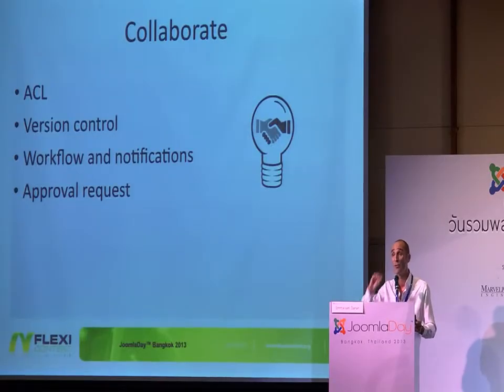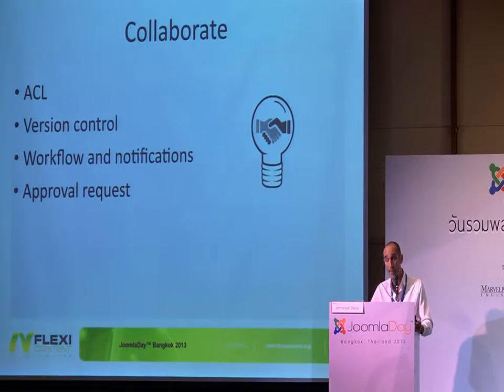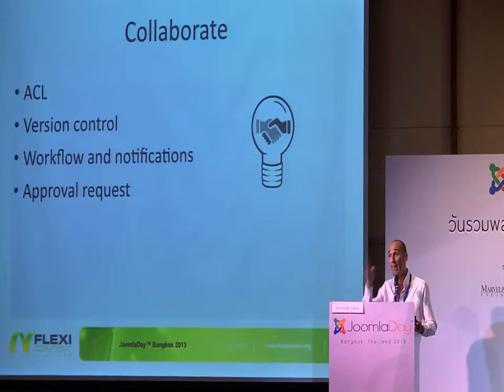Just a small word about version control. Version control in FlexiContent allows you not only to keep track of your previous versions of your article, but it also allows you, for example, you are working on an article, you are on version 5 of the article, you publish it on the website, and then you have to modify it. That means the version which was approved was version 5. Now you are working, you are already on version 8. What happens in a system like Joomla? It's very simple. Then your version 8 is automatically published because version 5 was published.